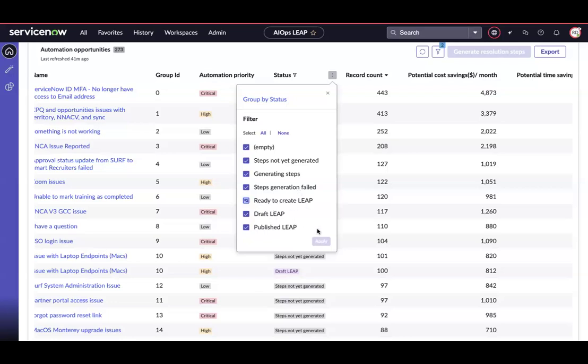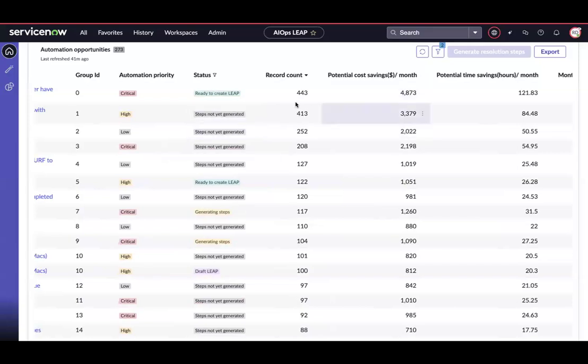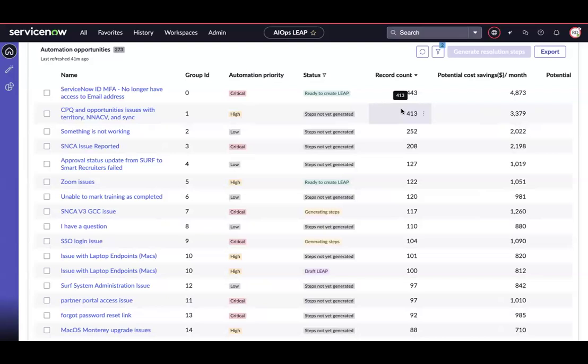And once you finalize that playbook, you'll have the published leap. Everything is here. You can also see the amount of records that are inside each one of these automation opportunities